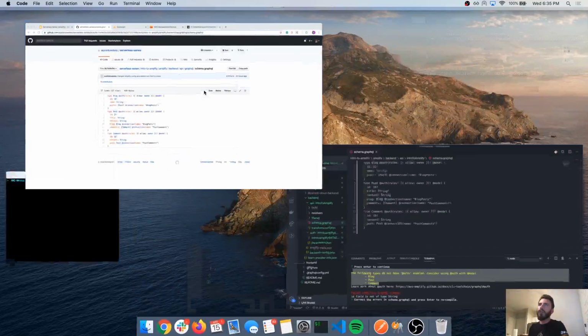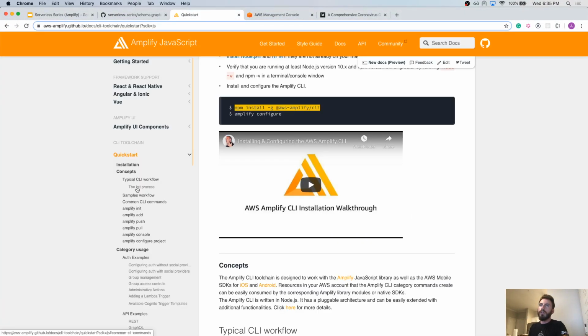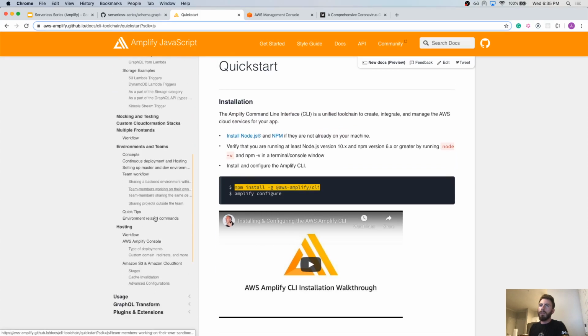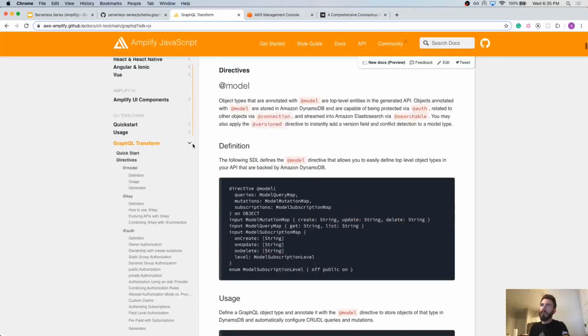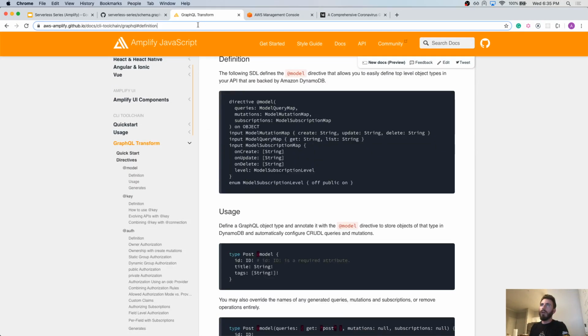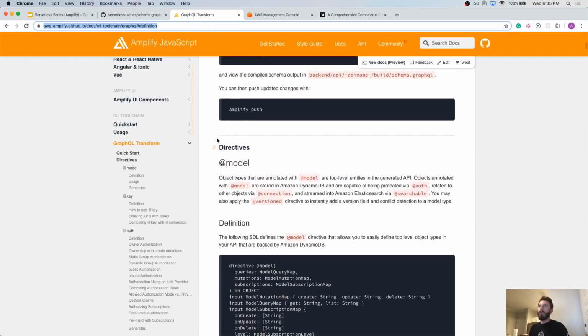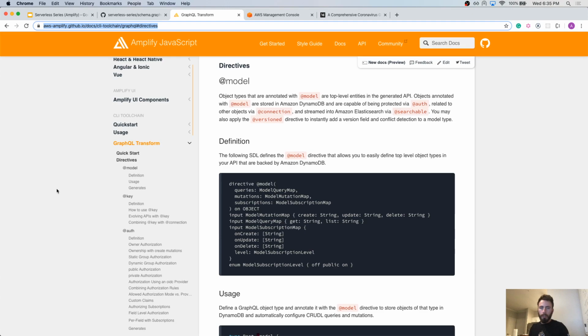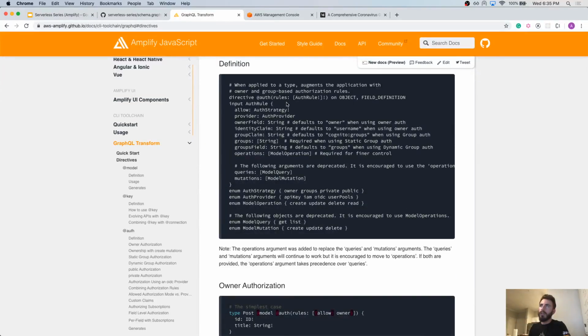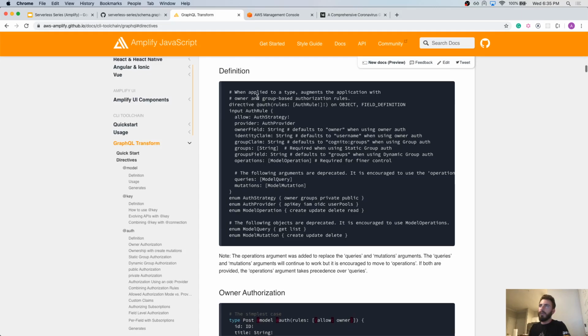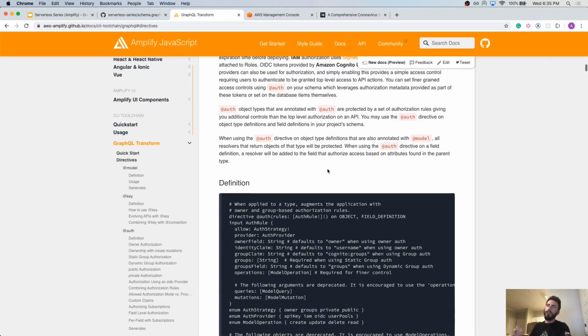So if you wanted to check out the directives, let's see, GraphQL transformation directives. Here we go. So here's a bit of a deeper explanation if you wanted to read it from the docs yourself about what the different directives are and such. But like I said, @model essentially will create you a DynamoDB table. @auth creates your auth rules, so it says who is allowed to do this, and it's set up with Cognito with how we have it,